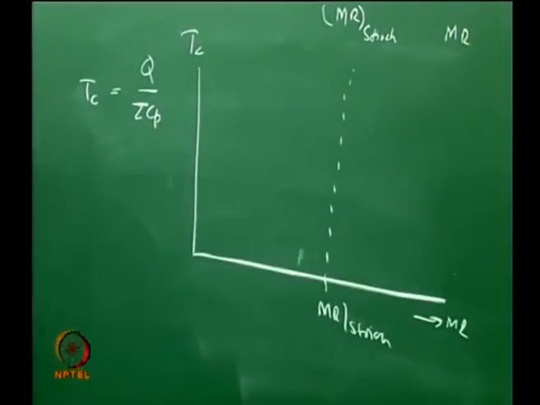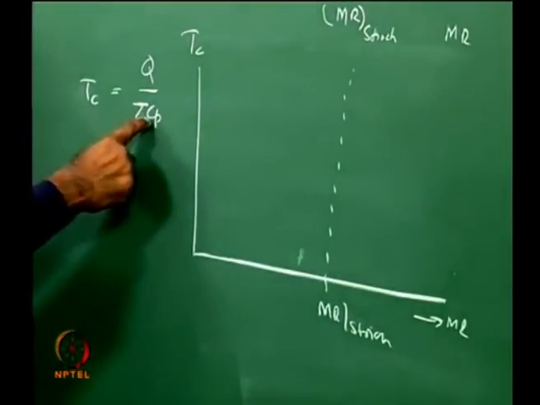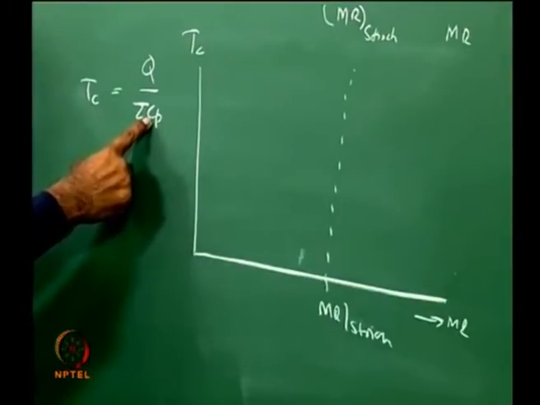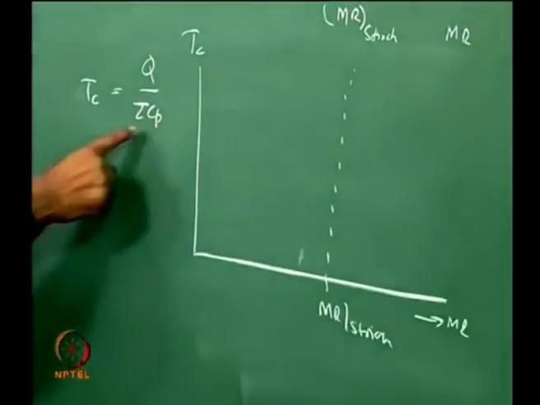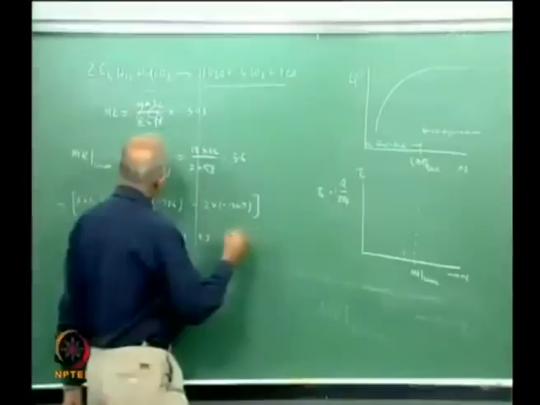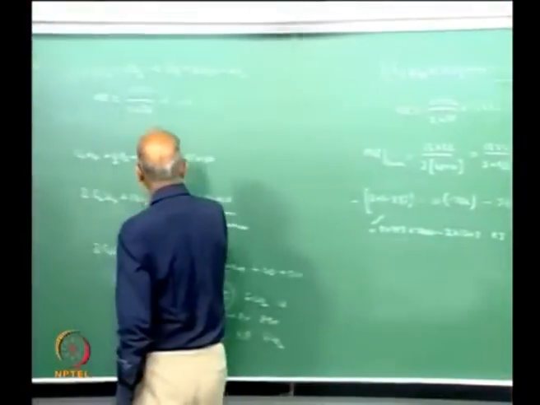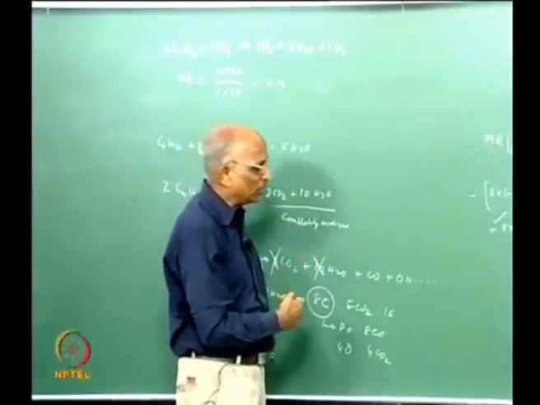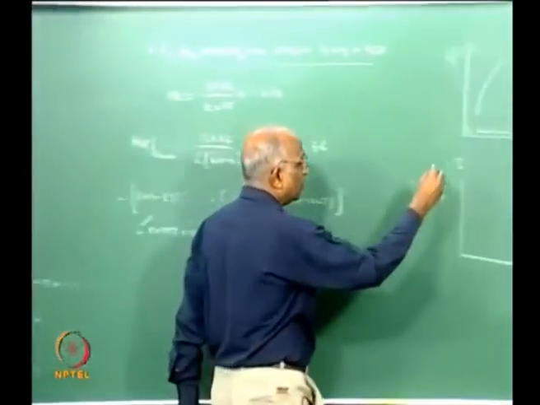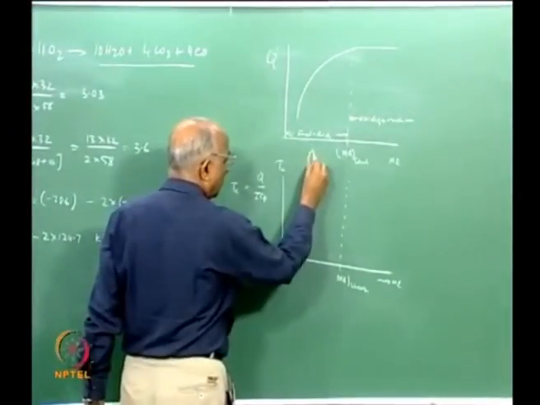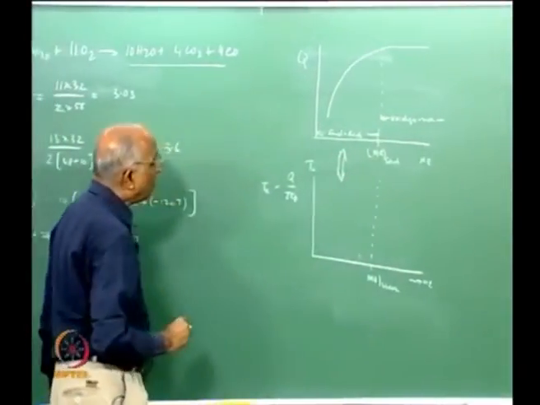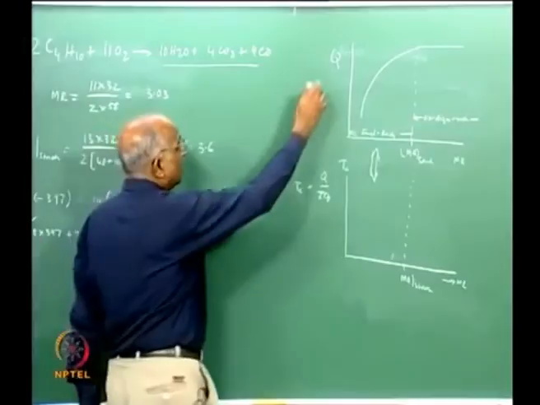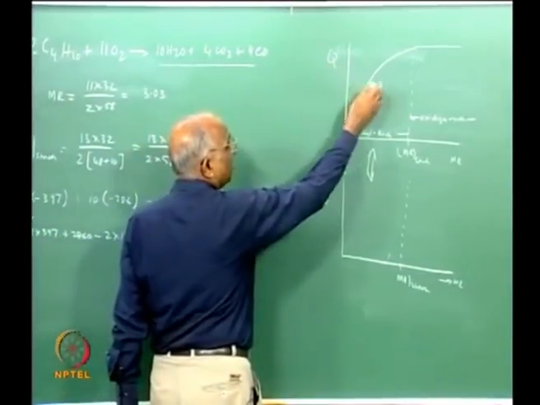Well, we still need to do something. Here I have moles which are coming in. I need to be able to convert it, because I will say per mole. Here the number of moles are varying, because in one case I have a different number of moles, in the other case I have a different number of moles. A direct comparison from this to this might be a little difficult, right? Therefore, what we could probably do is convert the heat release into heat release per mole.